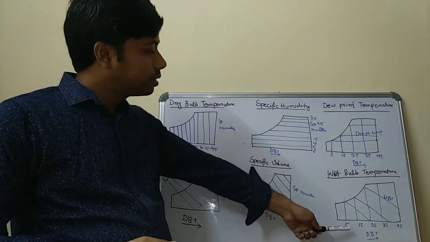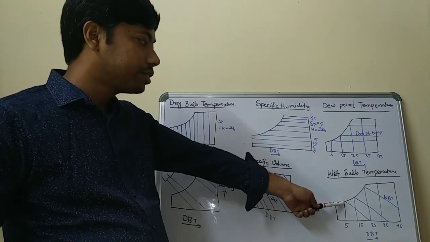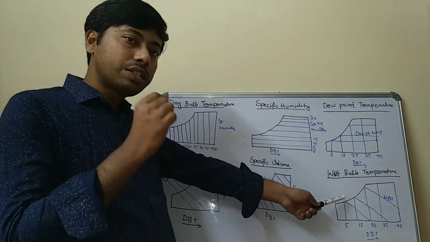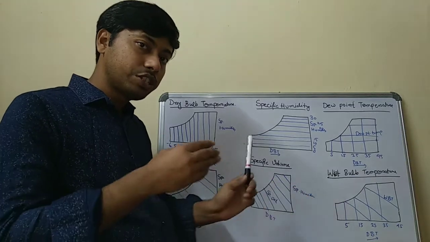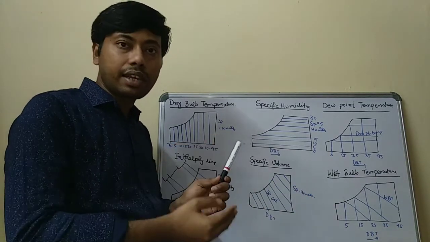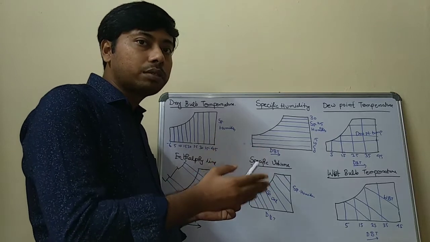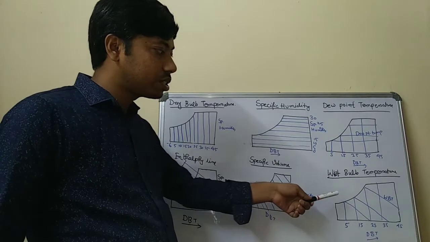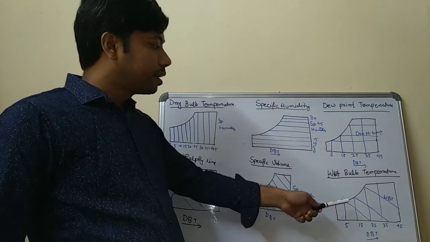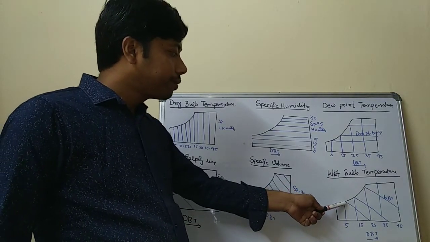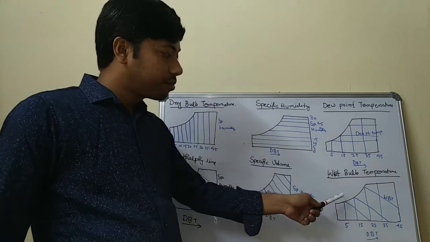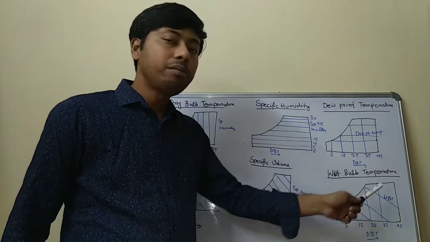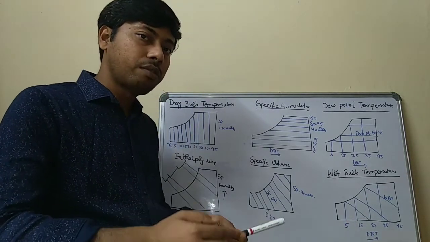As you know, when you draw the vertical dry bulb temperature line, it cuts the saturation curve at a particular point, and that point is a saturation point. At that point, the relative humidity is 100%, because the maximum amount of water vapor is already present and it has reached the saturation state. Now from that point, if you draw a straight inclined line, this type of line in your chart indicates the wet bulb temperature, which is non-uniform in space.